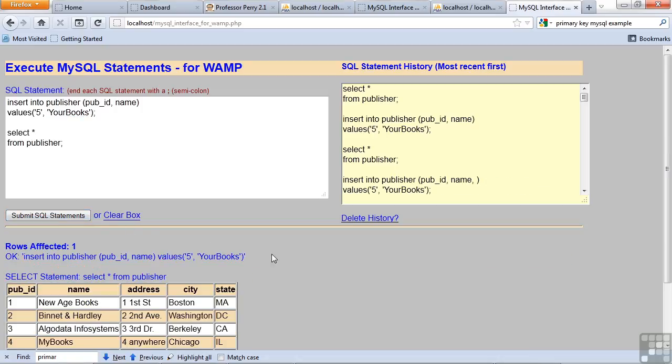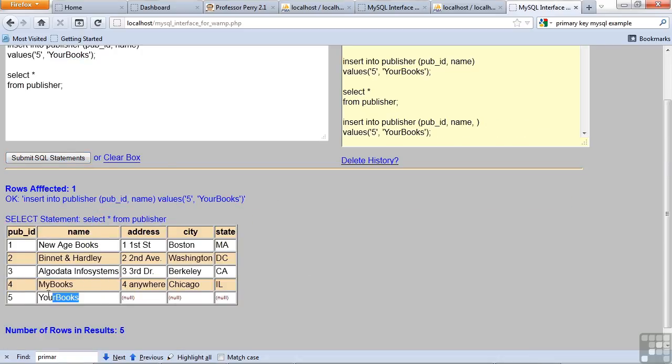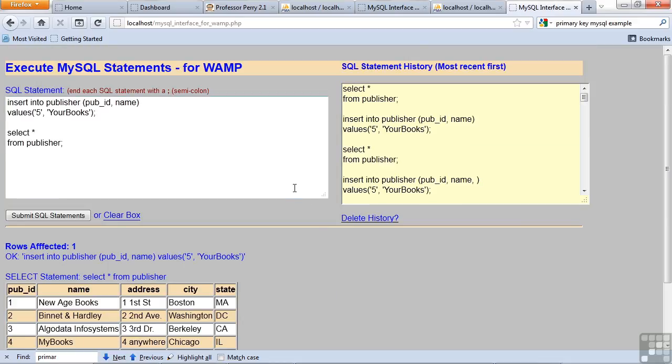Submit. All right. Now I got in your books, null, null, null. But according to the create statement, that's okay. We can put that in that way. I don't know where your books is. Maybe they're just online. They don't have an address. They're virtual your books. There are other ways and some more complexity to the insert statement that you could read